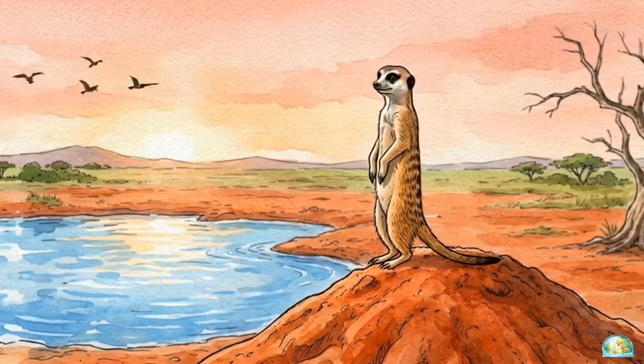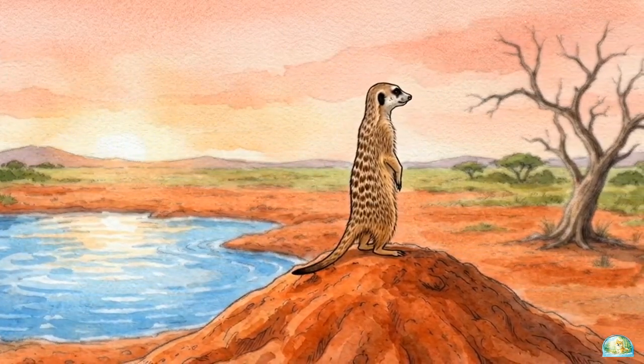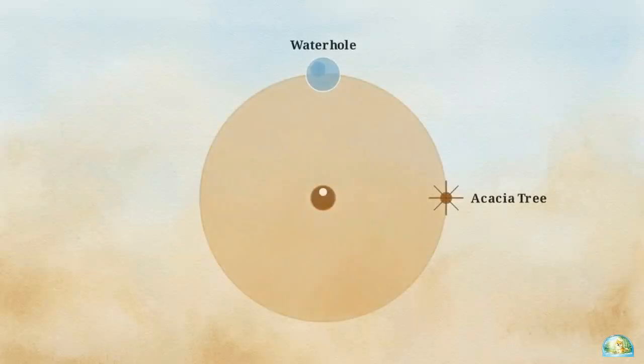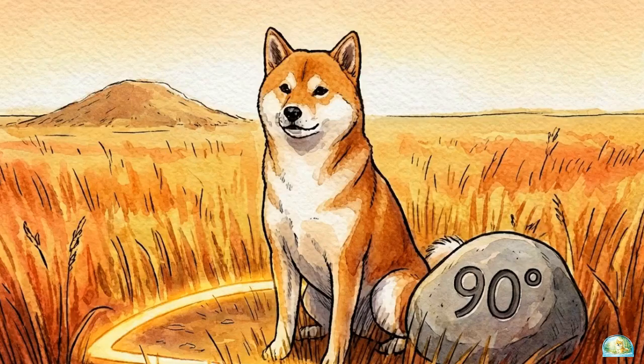Watch as Suri pivots away from the waterhole on her left to face a dead acacia tree to her right. This visual sweep between the waterhole and the tree represents exactly 1/4 of the circle. To find the measure, we divide the whole 360 by 4. 360 divided by 4 is 90. This quarter turn covers 90 of our 1-degree wedges. We can calculate any major shift in direction simply by dividing the 360-degree whole by the fraction of the circle